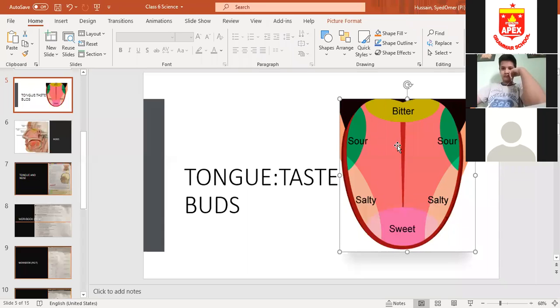Now the bitter taste is at the back of the tongue, and the sweet taste is at the front of the tongue. Similarly, the sour taste is present here and salty is present over here. Okay, so these are the four basic taste buds, and these are present here so that we can taste the